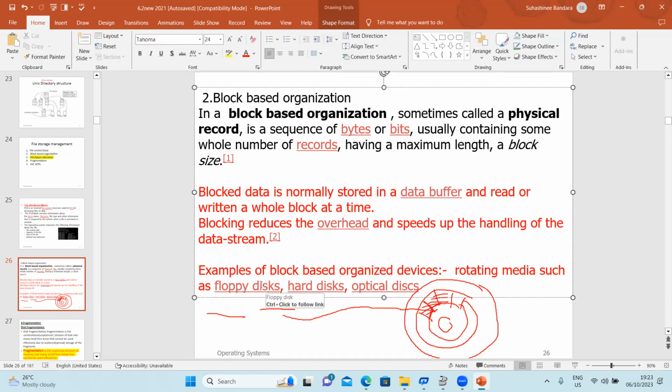Then, examples of block-based organization devices are rotating media such as floppy disk, hard disk, and optical disk. So blocking reduces the overhead and speeds up the handling of the data stream. That means reading will speed up. Heading means the header of the hard disk has to point